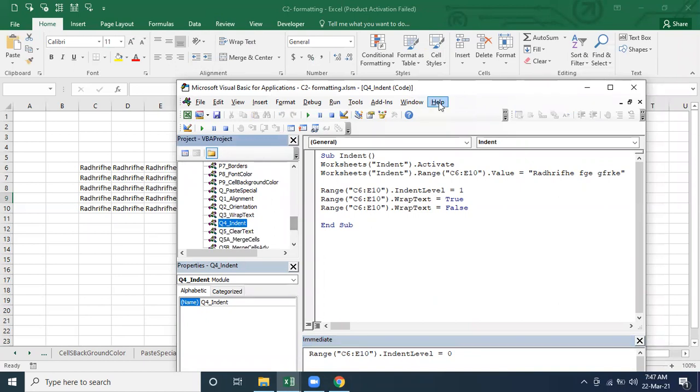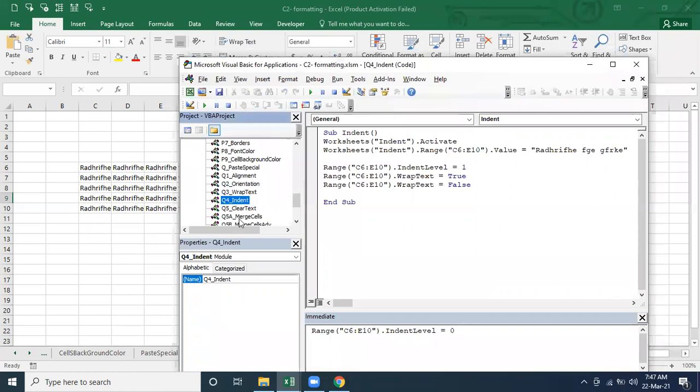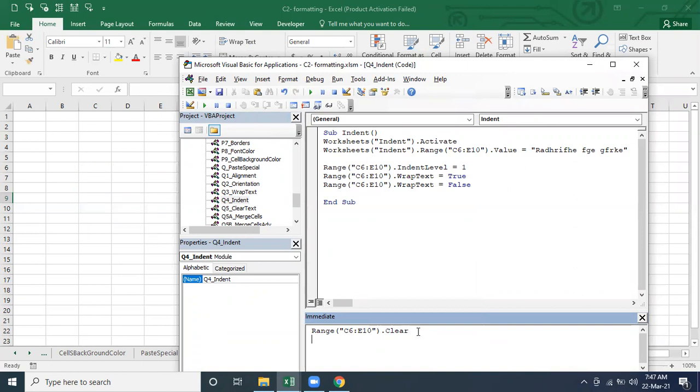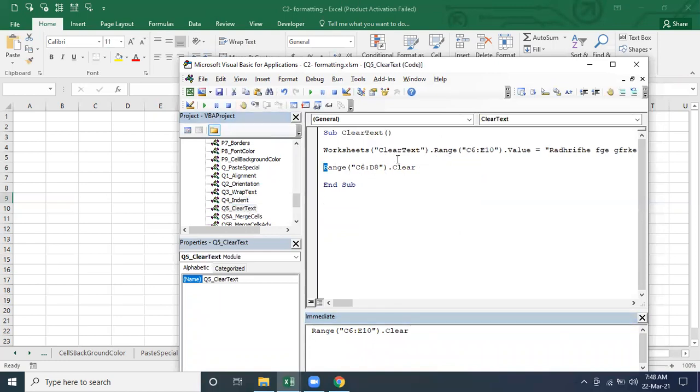And the next one, clear, is very simple. What you have to do, we have a clear option here. Clear, and that's it, nothing else, not required to pass anything else here. It's just going to clear the value, whatever value we have assigned. So if you want to clear, you have to use the dot clear, and then click on it. It's just going to clear the text.